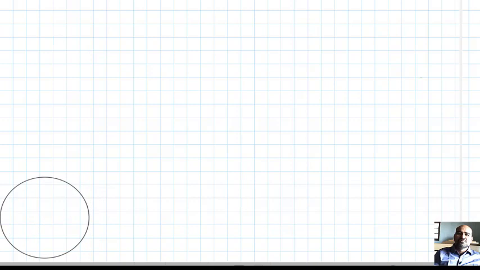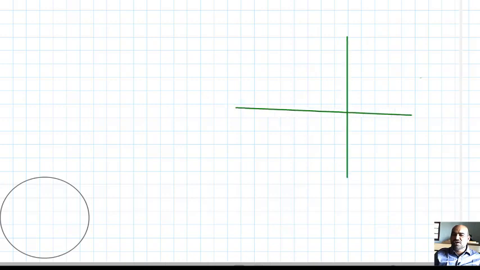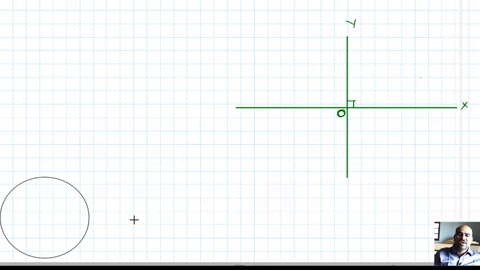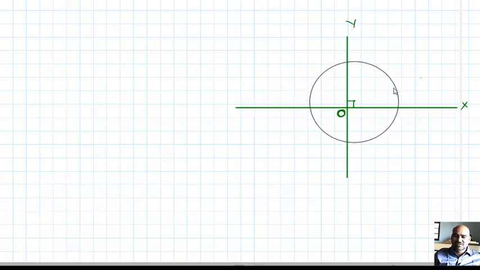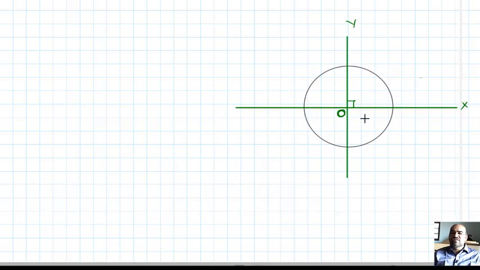Okay students, I want to define trigonometrical ratios by using the coordinate plane. This is very important. So this is the x axis, this is the y axis, this is called the origin. To define trigonometrical ratios on the coordinate plane, we need a circle. This is a circle. The circle is placed so that the center of the circle coincides with the origin. So this is a circle whose radius is small r.